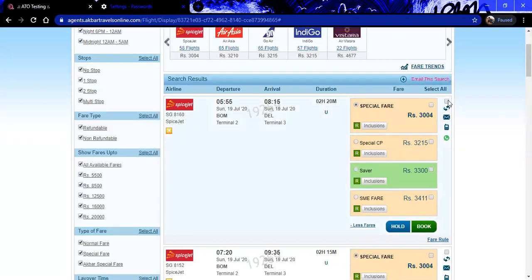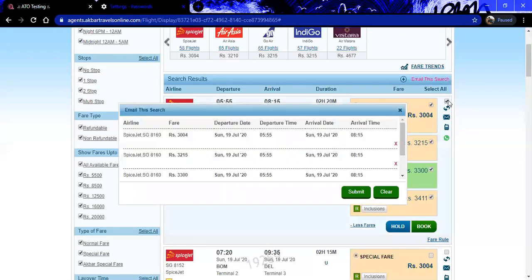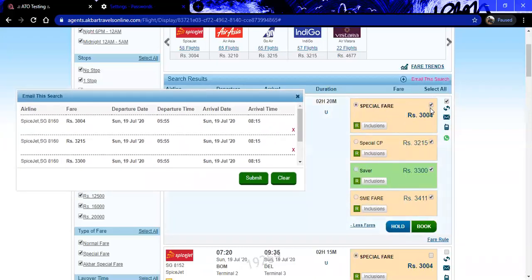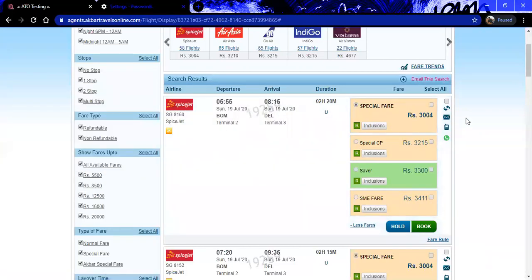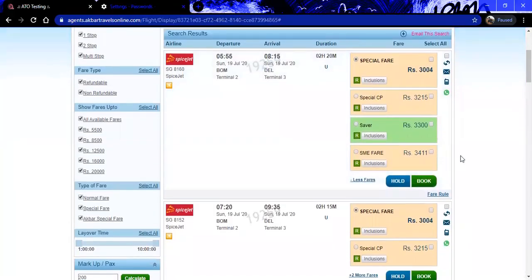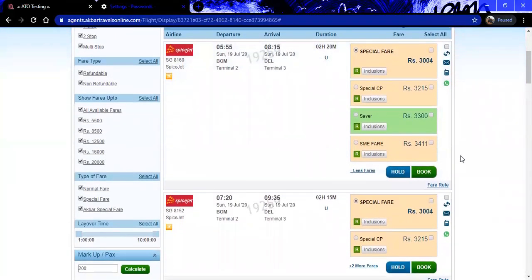If you click on the outer box, it will select all the fares for that particular flight. You can check or uncheck according to your preference or the client's preference and provide the details. Just say send and enter the email ID. The details will go to that email ID with all the selected availability.